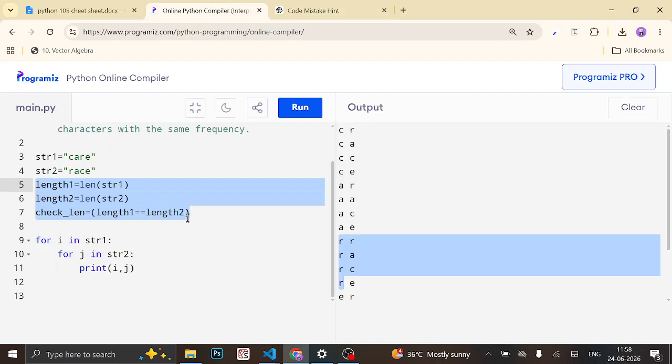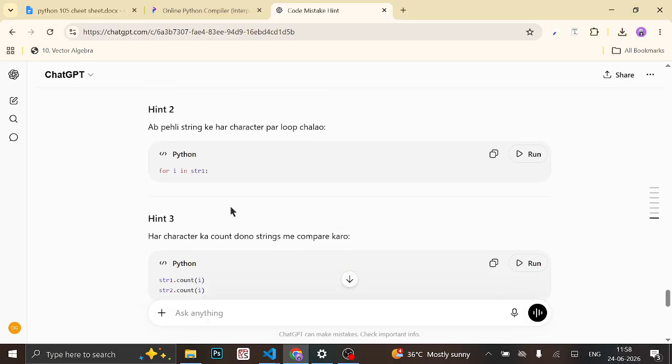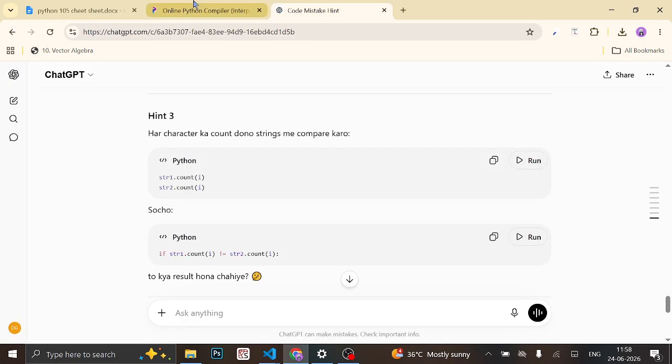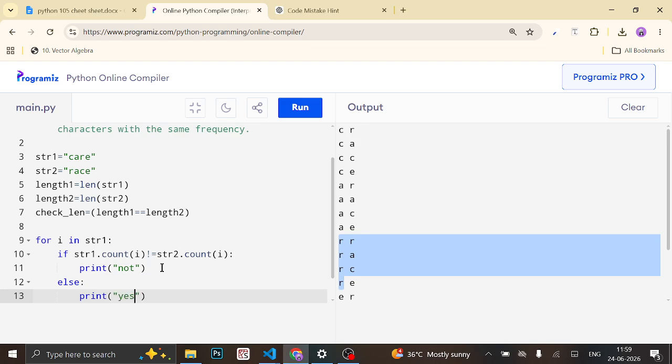ओके, सो हियर यहाँ पे हमने लूप चला दिया, पहले हमने लूप चलाया str1 पे, और काउंट करना है हमें str2 और str1 को। ओके, if condition हम डालेंगे, if str1.count, तो यहाँ पे काउंट में क्या आएगा हमारा, h आएगा, इंडेक्सिंग वैल्यू देखिए, str2.count not equals to में i, सो print not, print yes,